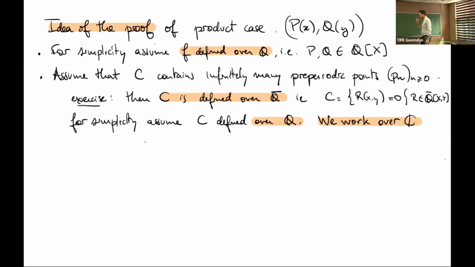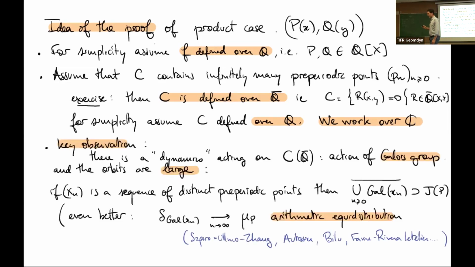And so there is a very important idea here, which is that you actually have an internal dynamics on the curve. You have the dynamics of the Galois group. The thing is that this curve is defined over Q. So if you take any point in the curve with algebraic coordinates and look at its Galois conjugates, they will satisfy the same equation. If the curve satisfies P(x,y) equals 0, you let the Galois group act on it, and it still satisfies P(x,y) equals 0 for the same P. So the Galois group acts internally on the curve, and somehow it gives a kind of dynamics inside the curve.